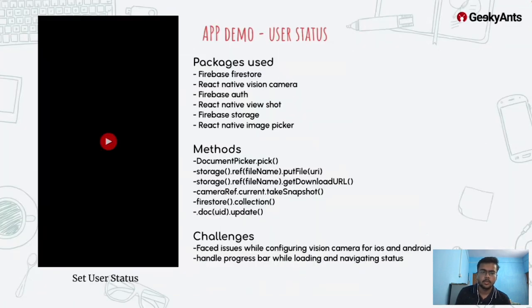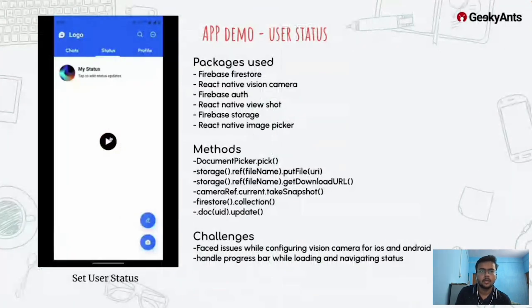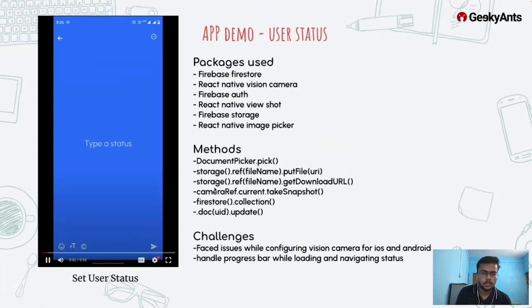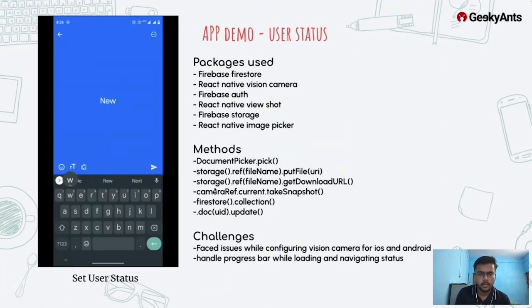Next comes the user status. This is kind of a big thing for us. It took time for us to implement, and we faced many issues with it. I'll just share a demo of it. We had two options. One is the text status, so I'm currently applying a text status. I will type my message. You can also change the background here itself, as we have given a button for it, and you can also change the style of the text, which style you want, and you can type your message, and that will be set as a text message